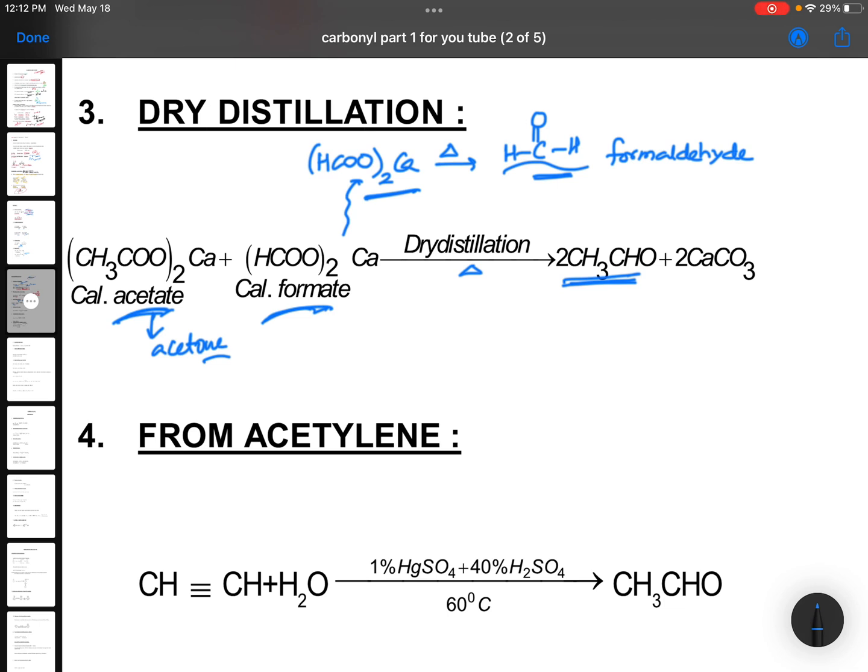Here below you can see from acetylene. Only acetylene, that is CH triple bond CH, you have to take when you are adding water in the presence of mercuric sulfate and sulfuric acid. Then first of all, CH2 double bond CHOH is formed, which undergoes a change we call tautomerism to form aldehyde. And the very interesting thing is this is the only alkyne which gives you aldehyde. Remaining alkynes, if you are using,